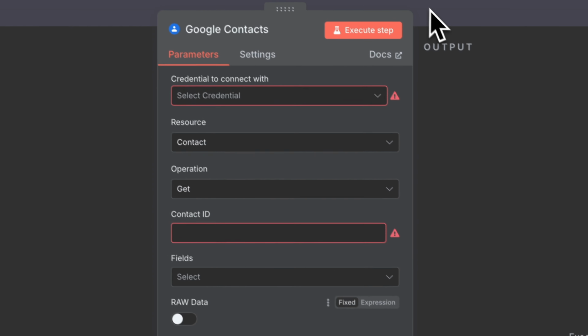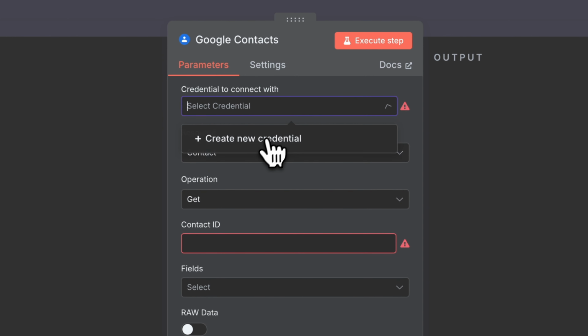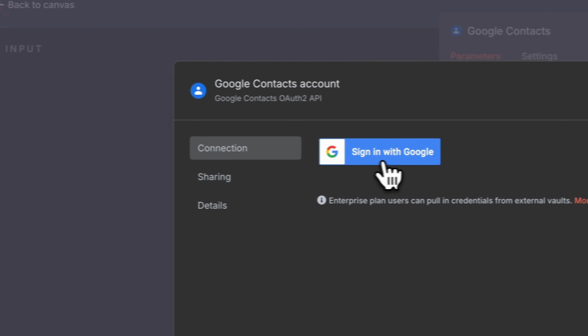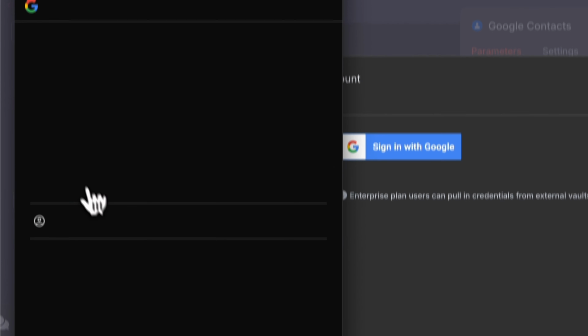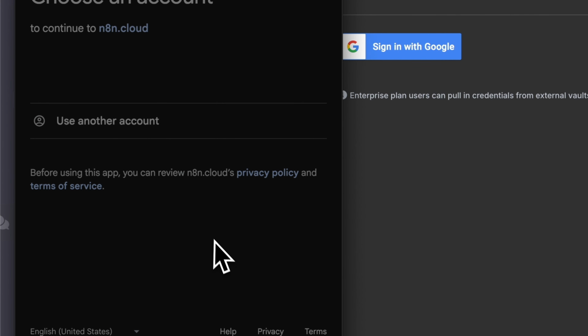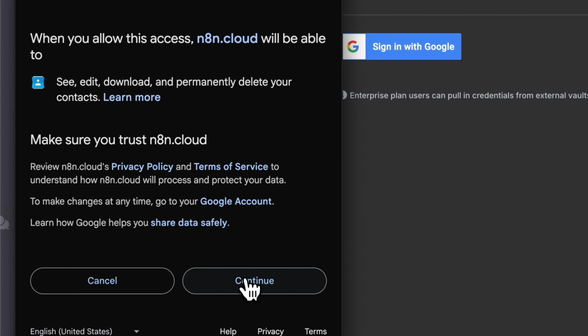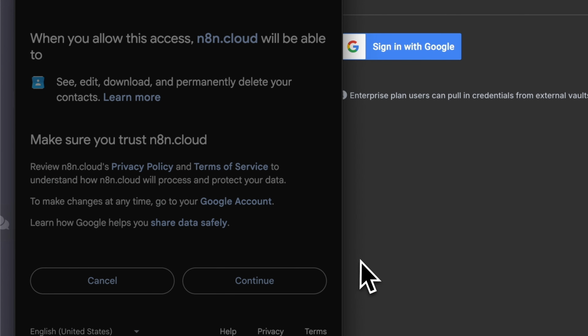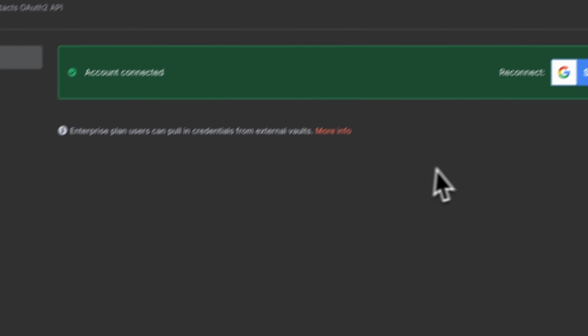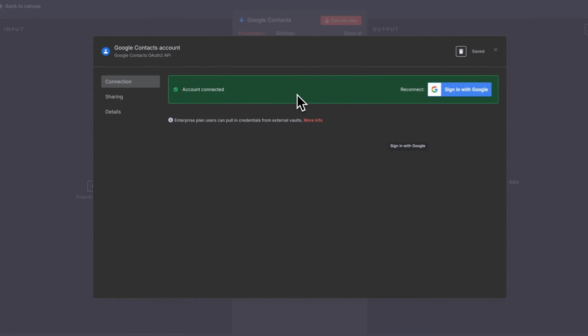But it's going to be much easier, so all we need to do is click on Google Contacts. Select Create a New Credential, click on Sign In with Google. This will pull up the window where you can choose an account to sign in with. You are going to want to choose the one you have added as a test user. You'll hit Continue and click on Select All once again, and click on Continue, and you will see that it